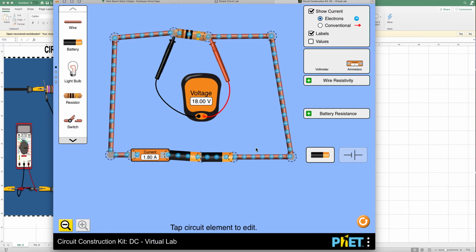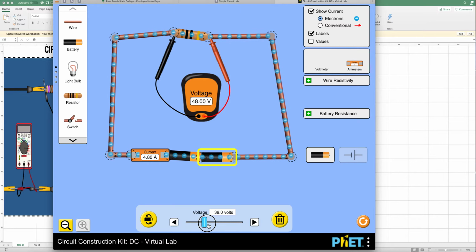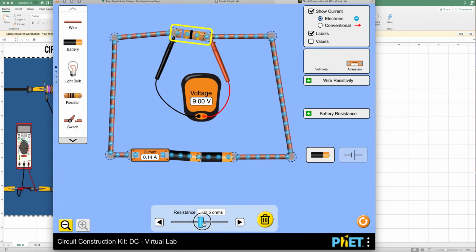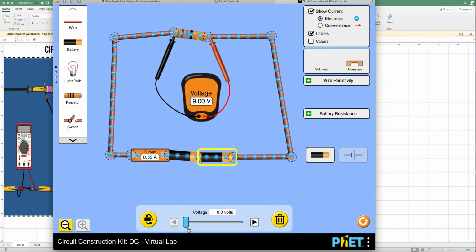So similarly with the other experiment, if you click on the battery, you can actually change the value for the battery. And if you click on the resistor, you can change the value for the resistor. But the experiment is going to ask you to set the resistance to a specific value and then leave it at that value for the entire experiment. And just like with the circuit A experiment, you're going to keep the resistor the same, and you're going to click on the voltage and adjust the values for the voltage. And from there, you're going to record the corresponding voltage from the voltmeter and the current passing through the